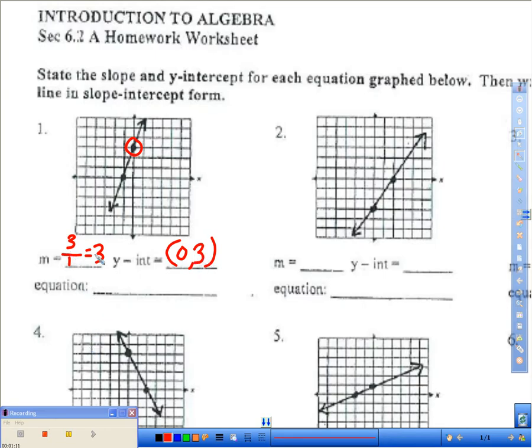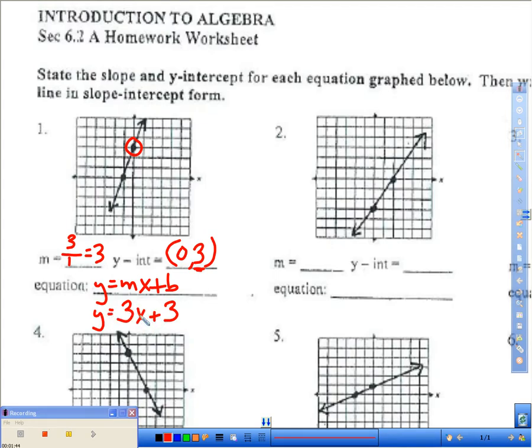But our y-intercept is going to be positive 3. Then, once we know the slope and we know the y-intercept, we can write the equation of a line in the form y equals mx plus b. Well, in this case, we know that the slope is 3, so I'm going to take out m and write 3. We know that the y-intercept is 3, so I'm going to take out b and write the y-coordinate of the y-intercept, which is 3. So y equals